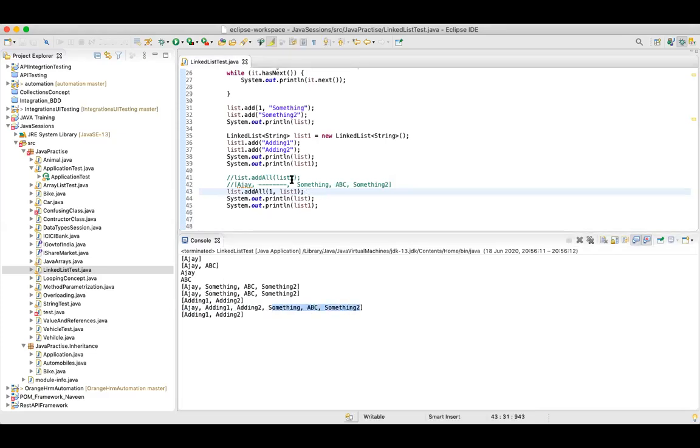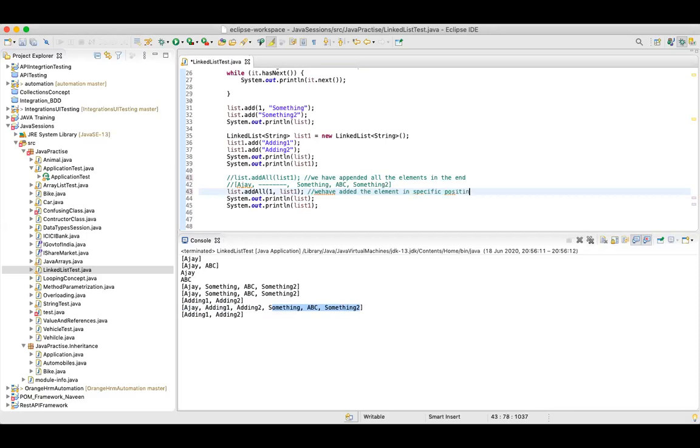So using the earlier one we have appended all the elements in the end, but using this we have added the elements at a specific position.